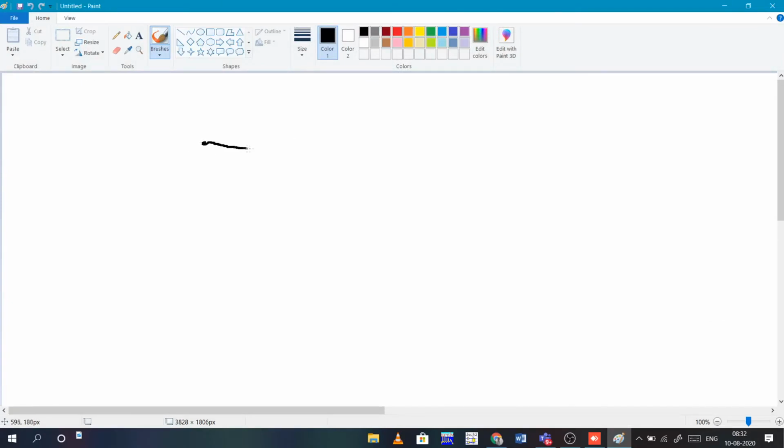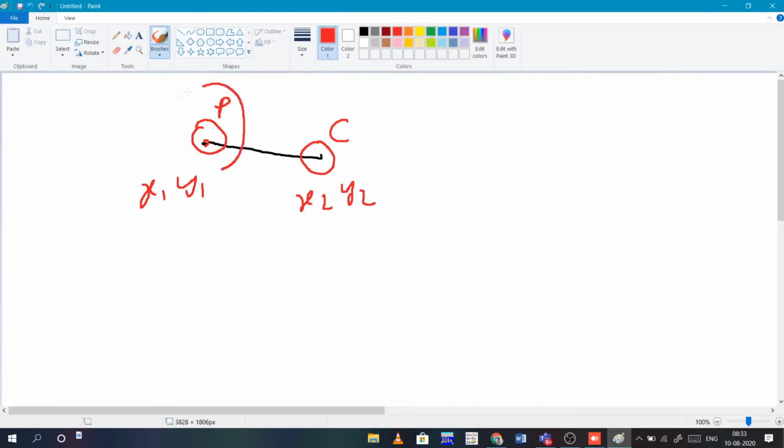When you click and draw, right? Basically this is our previous value to the current position. The same way it will work. So these are the x1 y1 coordinates, these are x2 y2 coordinates, previous, current.